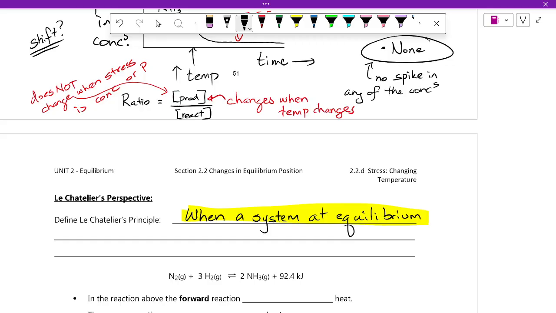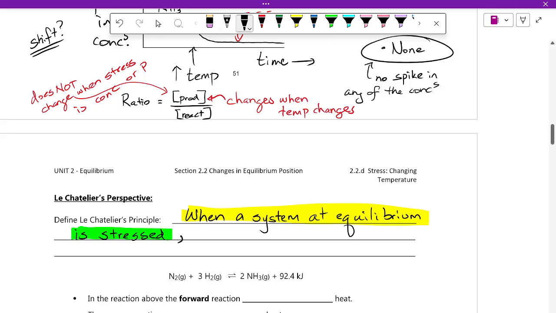What do we do to that system? Is stressed. So we got a system at equilibrium when it is stressed,